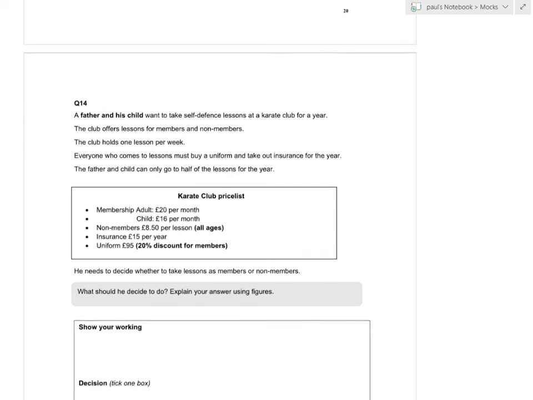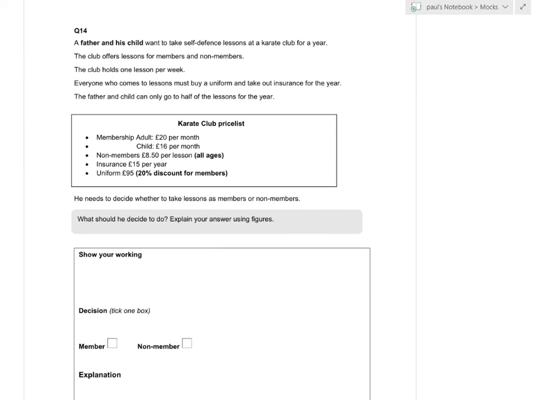Hats off all round. Oh, a father and his child want to take some self-defense lessons at a karate club. The club offers lessons for members and non-members, one lesson a week. Everyone who comes to lessons buys a uniform and takes out insurance, and the father and child can only go to half the lessons of the year. Right. So, if they join,